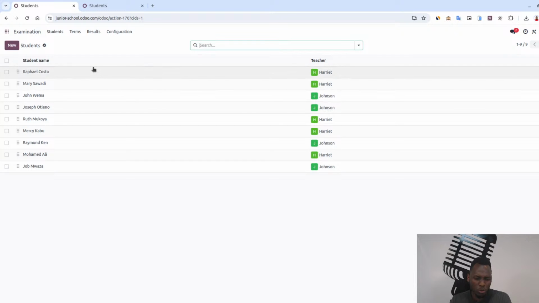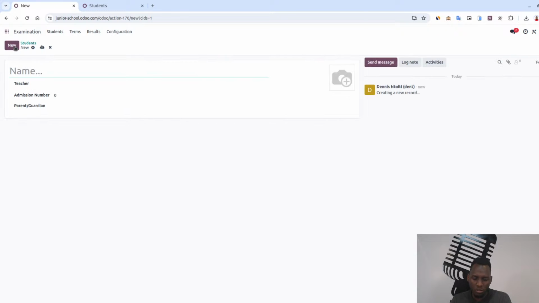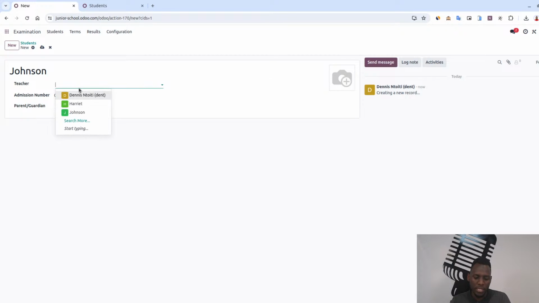So the module contains the student details. Again, you can customize it to contain any details of the student you may want to capture. To create a new student, you just click on new, put the student name, for example Johnson, and then any other details you want. Maybe the teacher assigned to this student, the student's ID number, and the guardian,